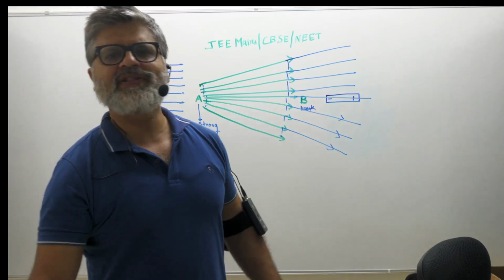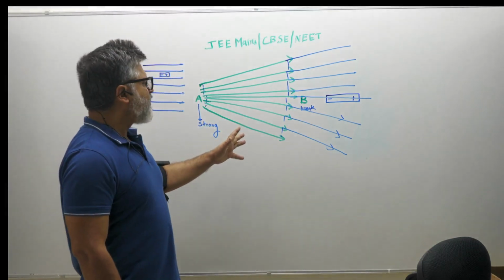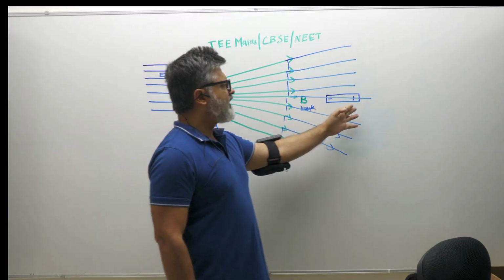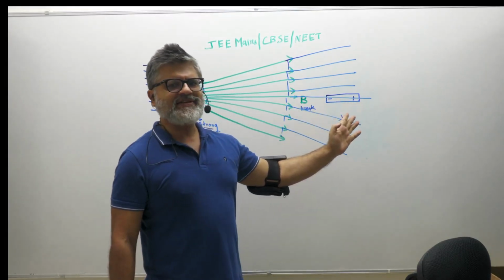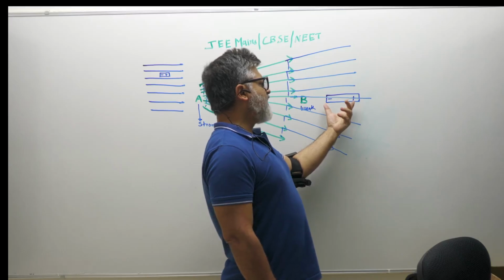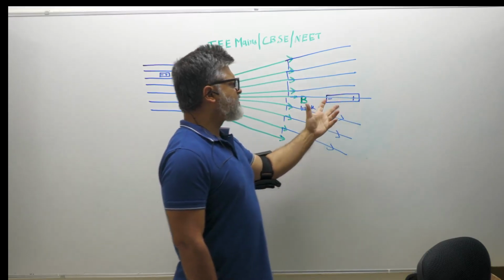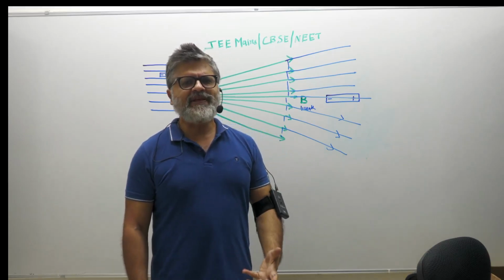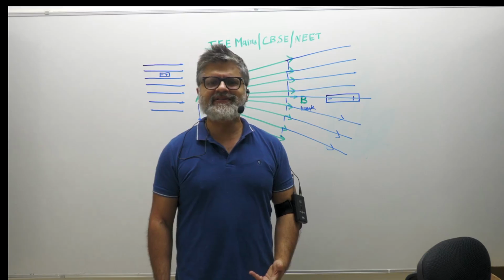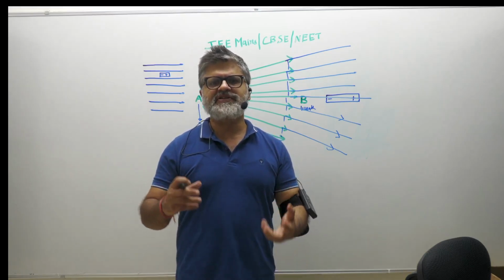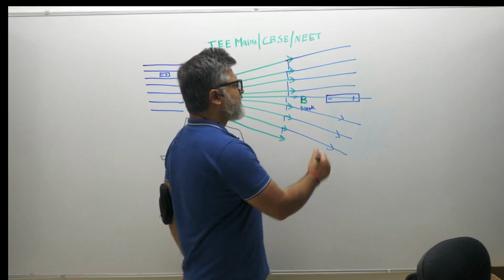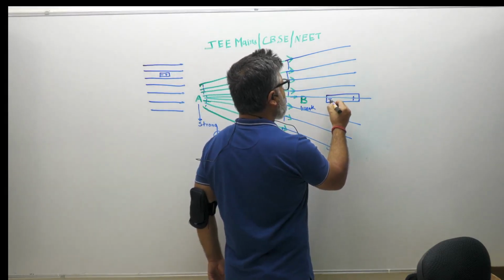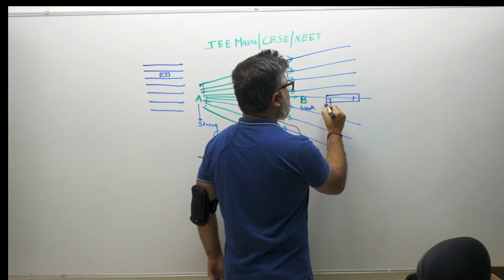But let's talk about this scenario. In this scenario, if you notice, the dipole is in an external electric field and is exposed to a non-uniform electric field. Now, what does it mean? It means that the dipole will experience unequal forces on the two sides. Now, the force which this charge is experiencing is high, right?